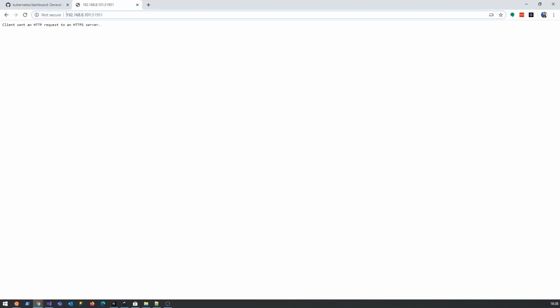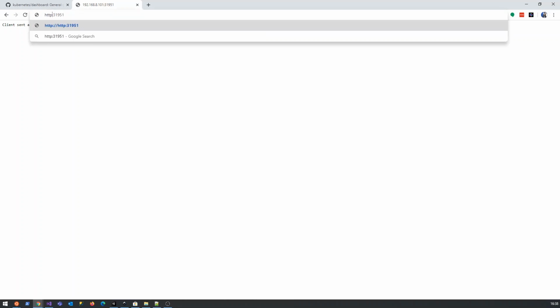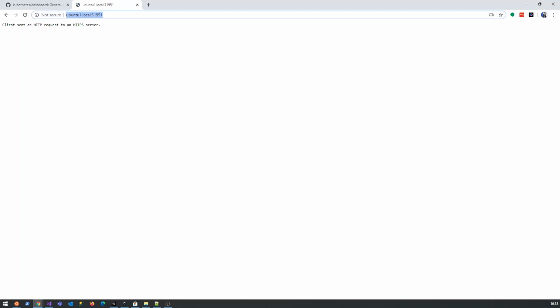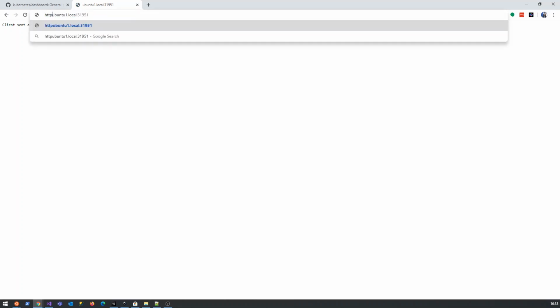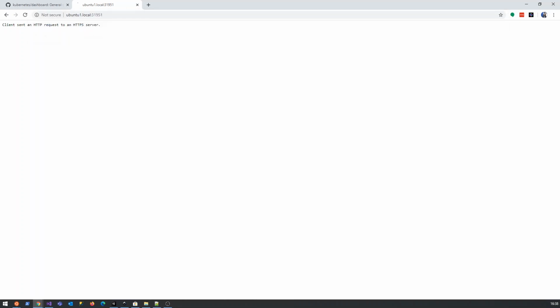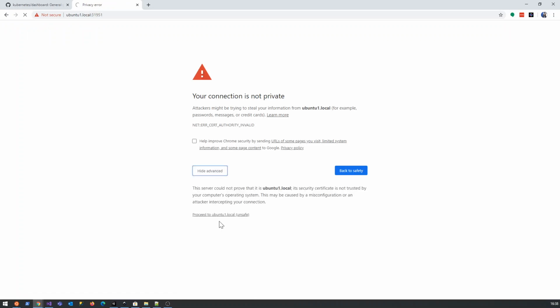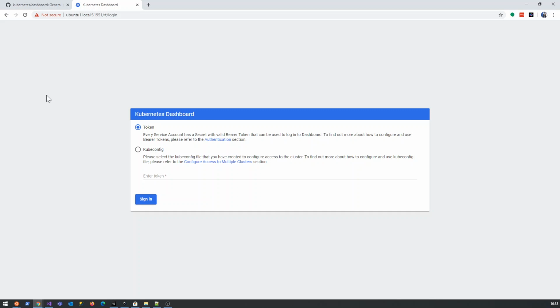So now let's just try the exact same thing with HTTP, ubuntu1.local. Okie dokie. And then we do HTTPS. And because the certificates are obviously not going to be valid, we're just going to go ahead. Okay, great stuff. So now we're getting to the login screen, and we can proceed to have a look at